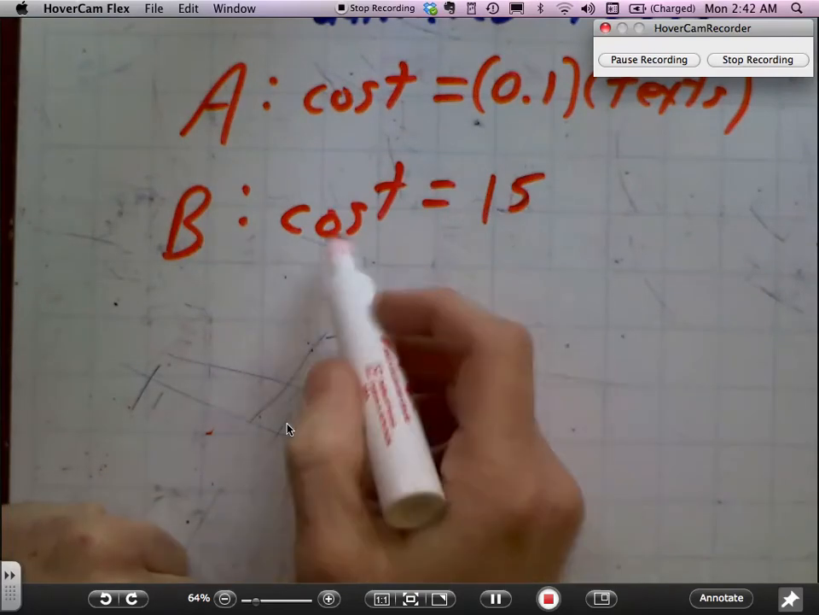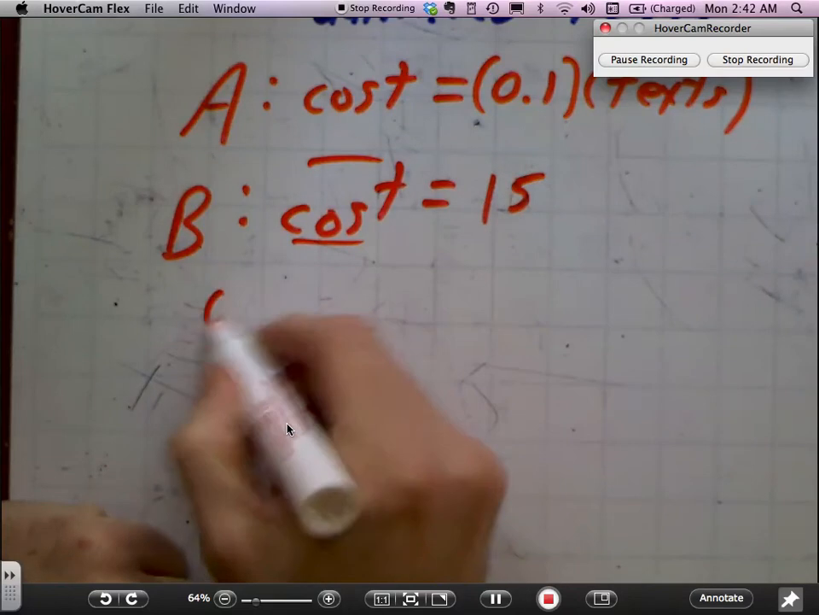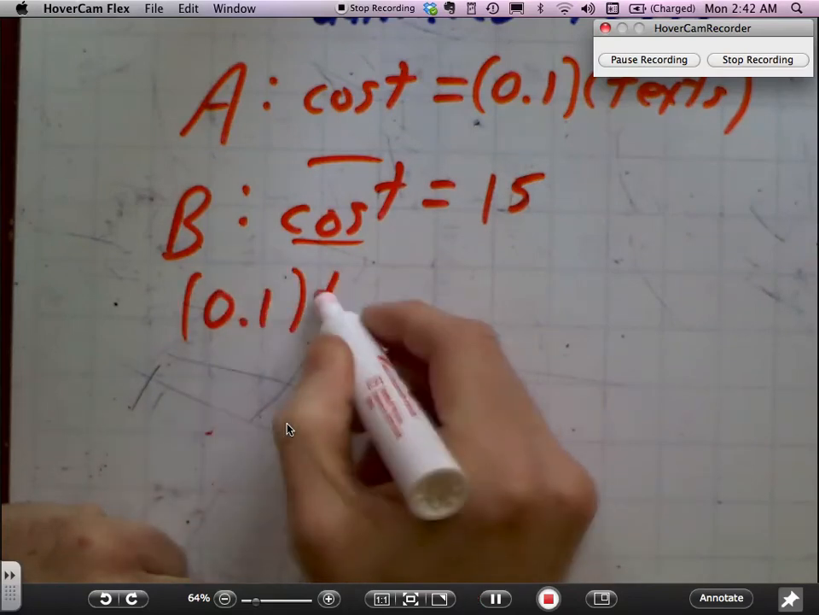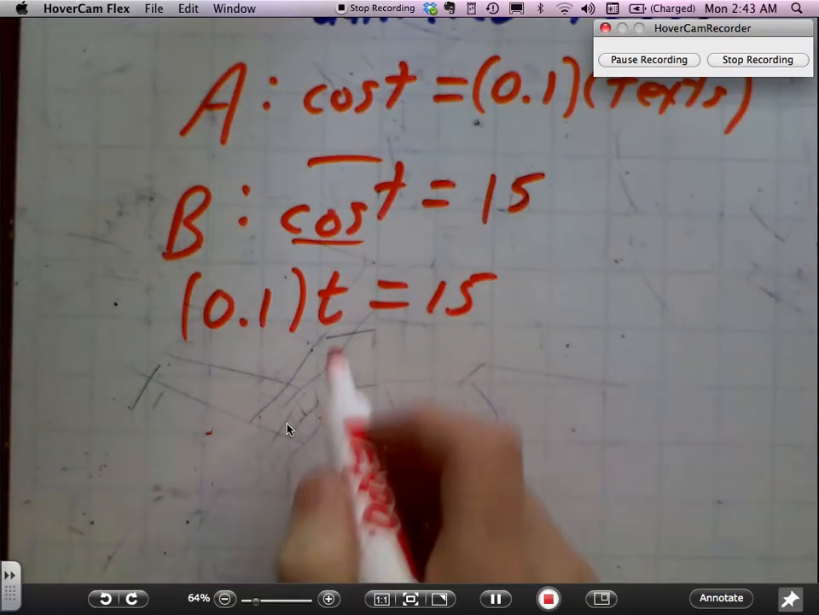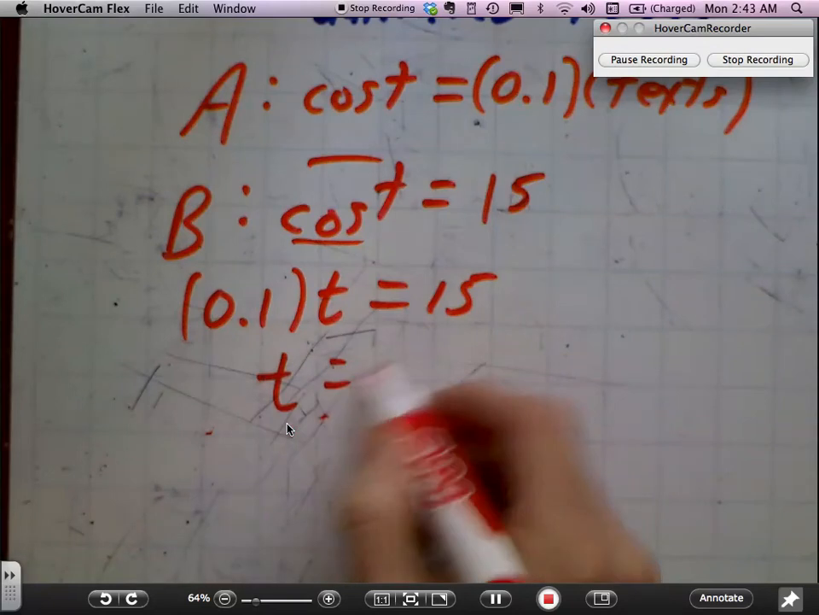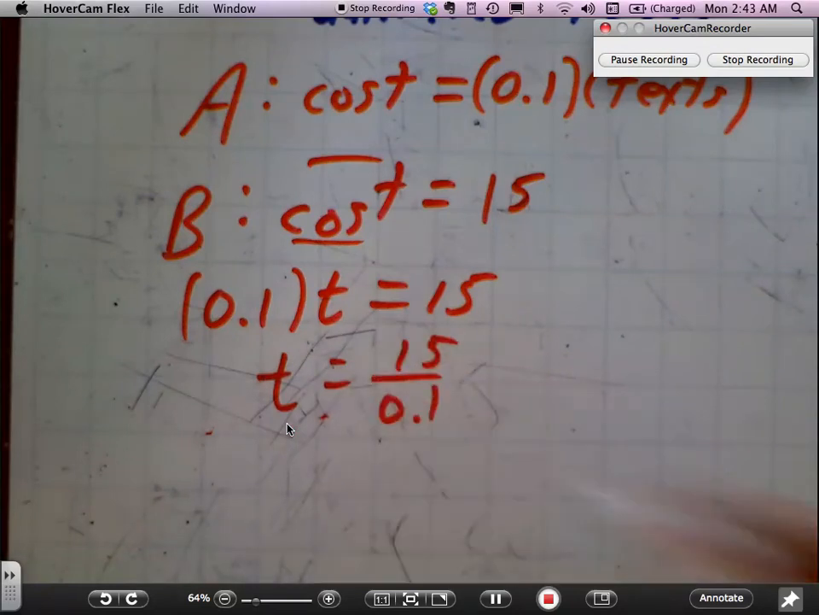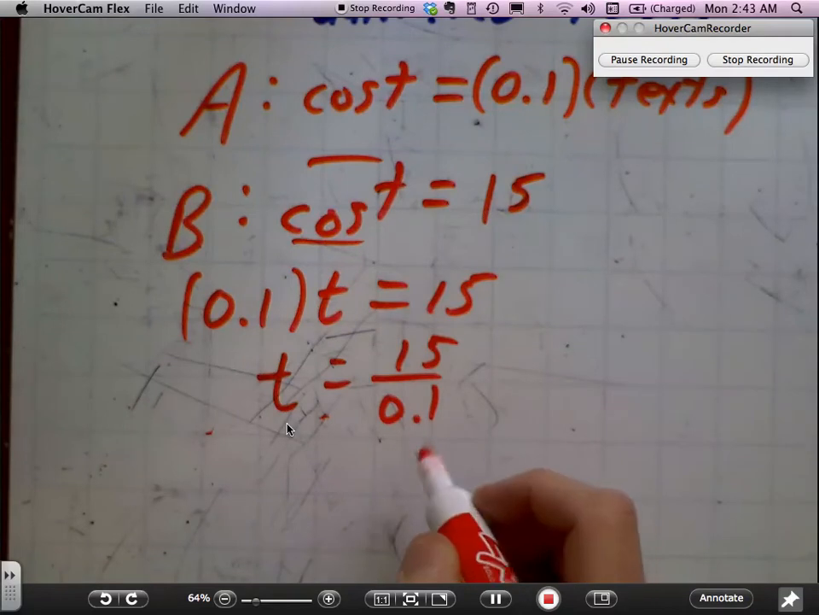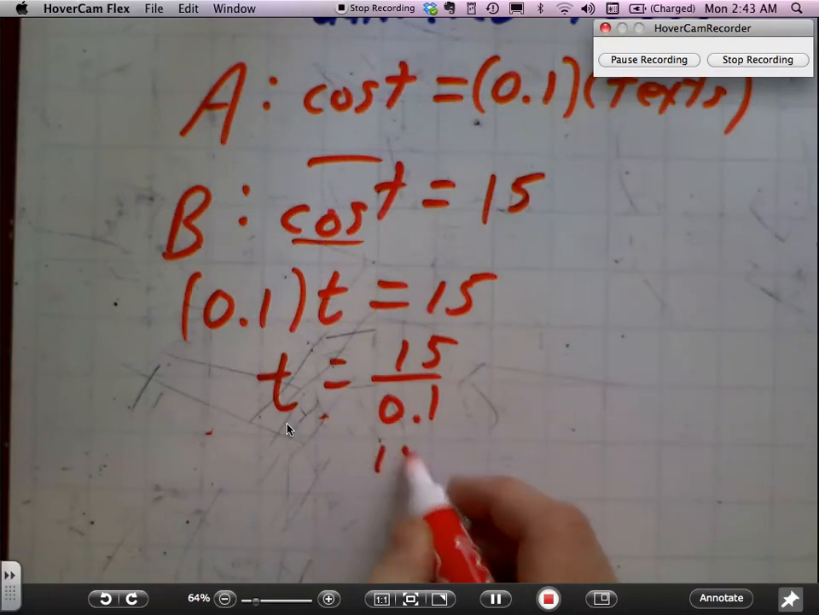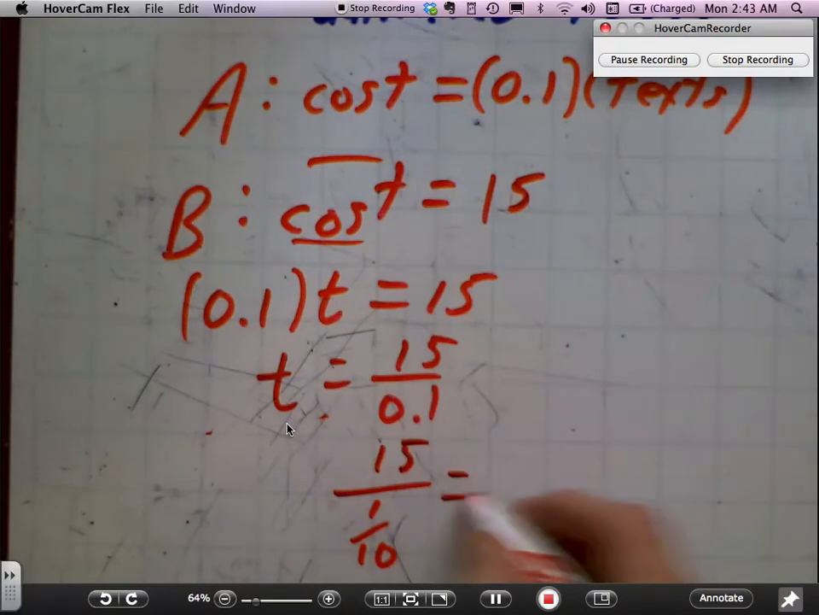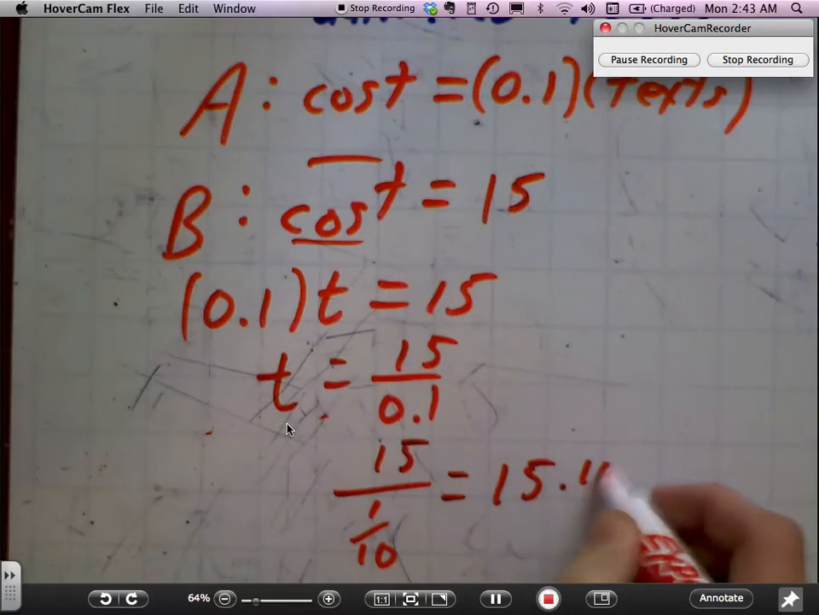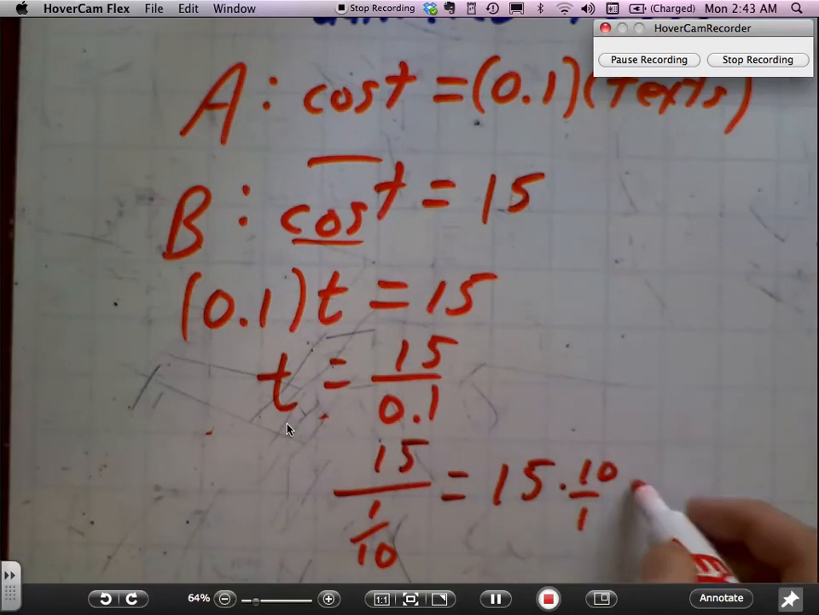To set the costs equal, I simply need to set 0.1 times t equal to 15, t obviously standing for texts here. If I solve this for t, 15 divided by 0.1, if you want to think about it, 0.1 is the same as 1/10. That's also 15 divided by 1/10, but dividing by a fraction is the same as multiplying by the reciprocal. So this is just 15 times 10 over 1, or